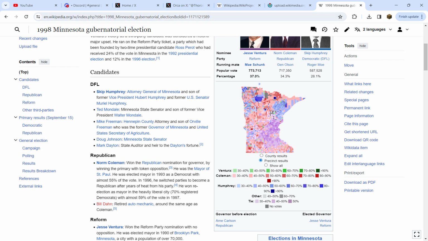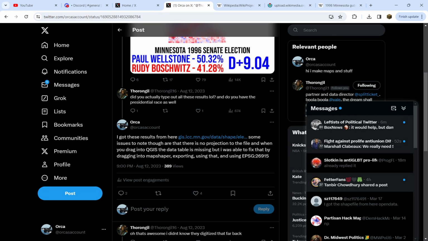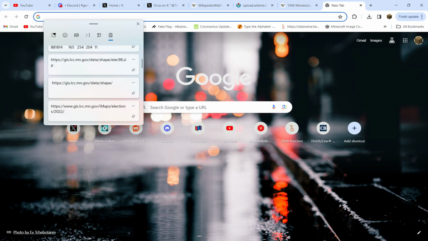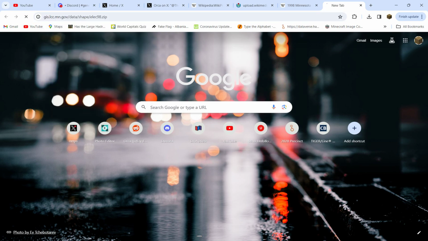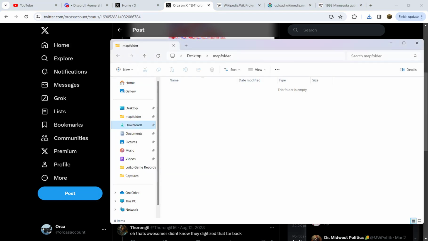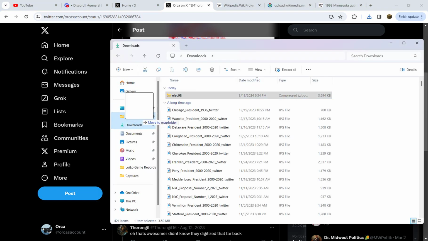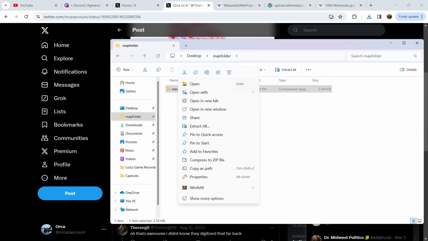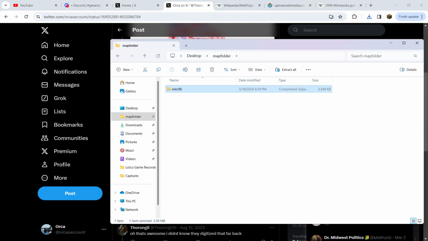So basically, I wasn't able to find the original place that I got the data from, but I was able to find this tweet of mine, which had this link. This is for 1996, but if you replace the 96 with 98, then it works and you're able to download 1998. So that's how I got 1998. Then I'll just drag this here and right click, WinRAR, extract here,